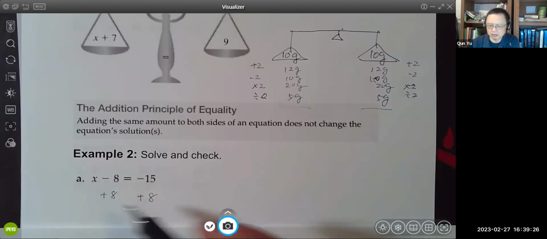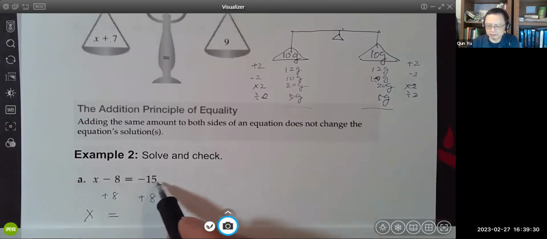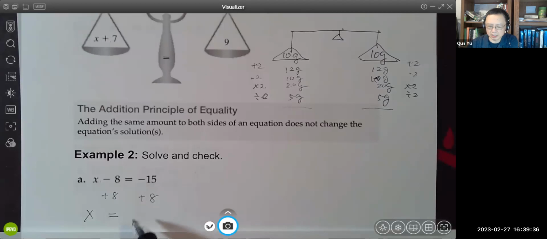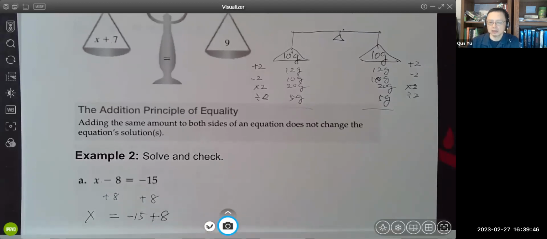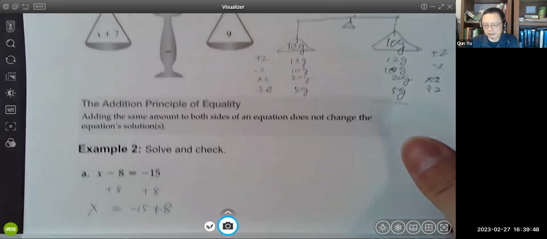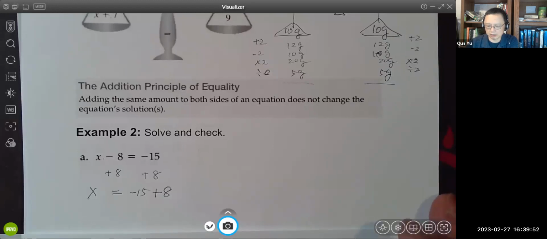Okay, canceled. We get x equals, the other side is negative 15 plus 8, we're going to get negative 7, okay? But before I write negative 7, I want to go through another step for very good reason. So I'm just copying this negative 15 plus 8. And I'd like you to see something that is interesting and very useful down the road when you solve any